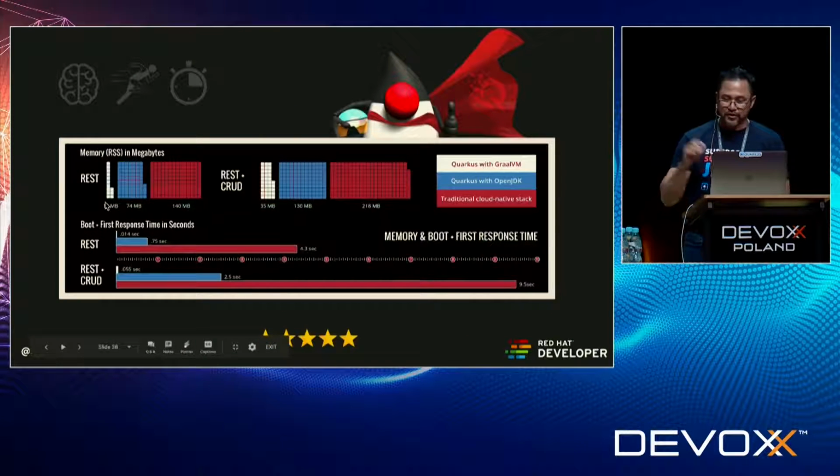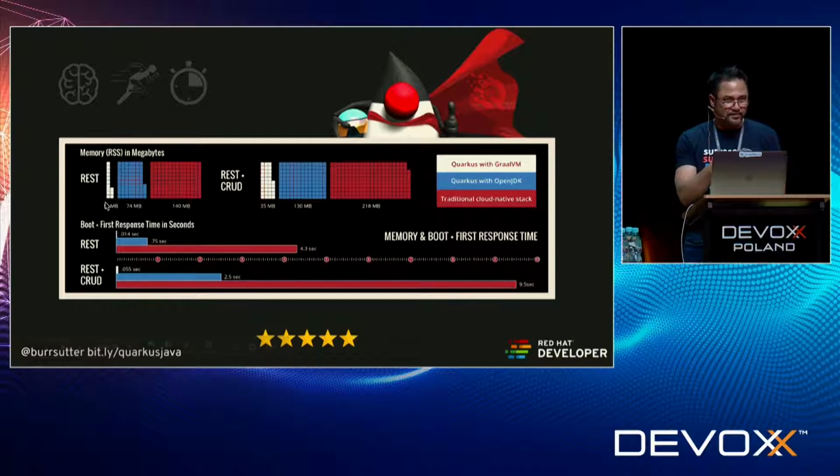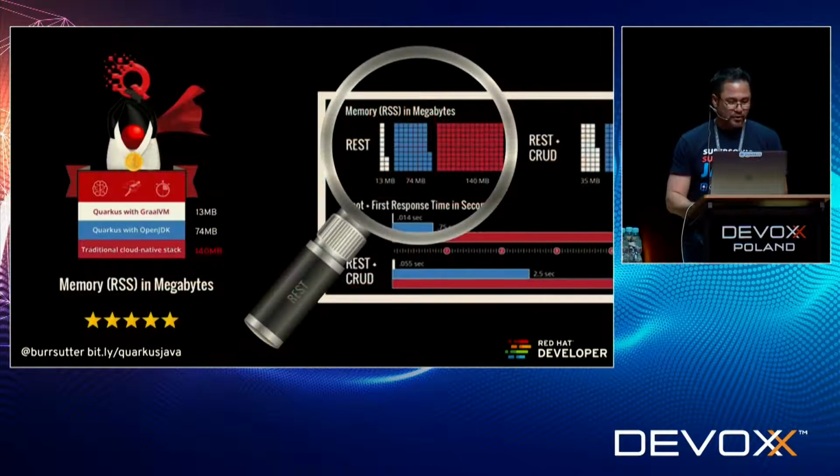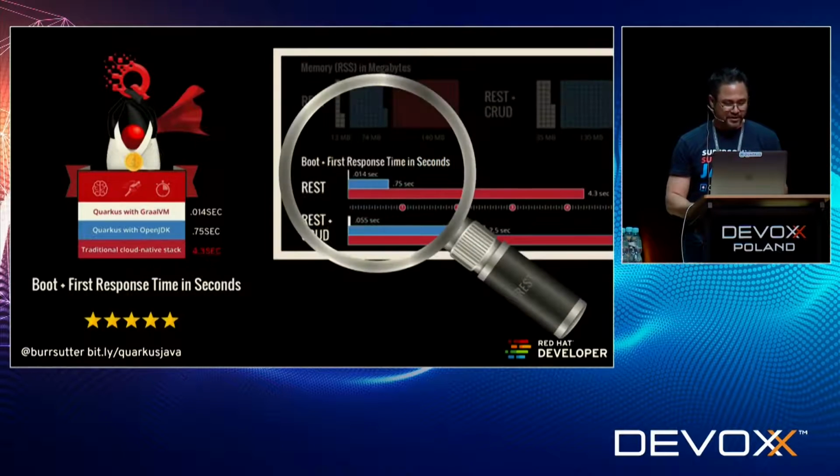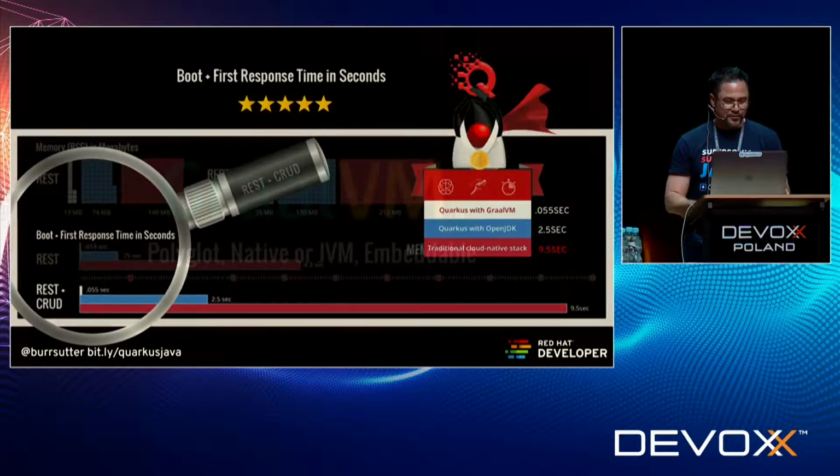As I mentioned, and what you'll see when we do the demonstrations, Quarkus-based native compiled applications are vastly smaller and faster. But even if you can't go native, and by native we mean GraalVM in this case, you can still run OpenJDK JVM all day, every day with regular HotSpot, and it's still smaller and faster. So even if you can't be ultra tiny and fast, you can still be smaller and faster overall. So we're going to run some of this to make these points. We'll get through this rapidly.